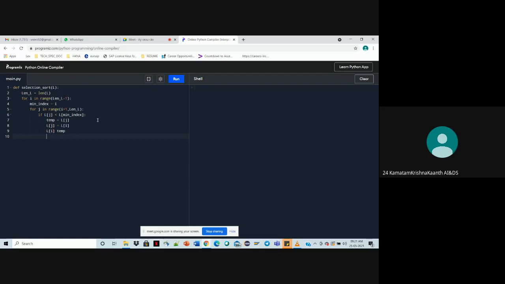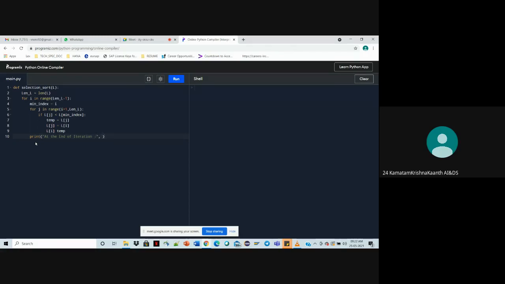Now outside of the second for loop, I'm going to write a printing statement to see what happens at the end of each iteration.